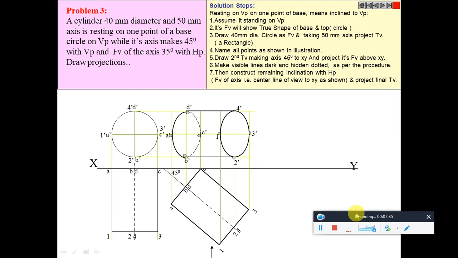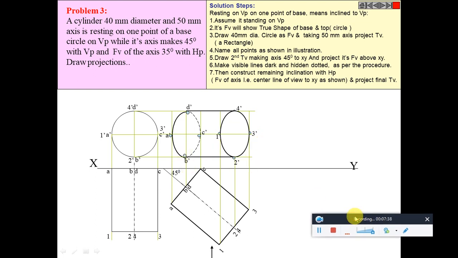Okay, if you are very clear with my previous video, you will know why this d dash, c dash and b dash are drawn in hidden lines. You are able to see here, right? B dash, as I said, if you are going to draw the hidden lines, just consider this top view in two halves. That is this half, that is AB12 and DC43. So AB12, the line joining AB and 12, will be a dark line, right? And this half, this BD and C, this is hidden, right? So then it should be marked in the hidden line.